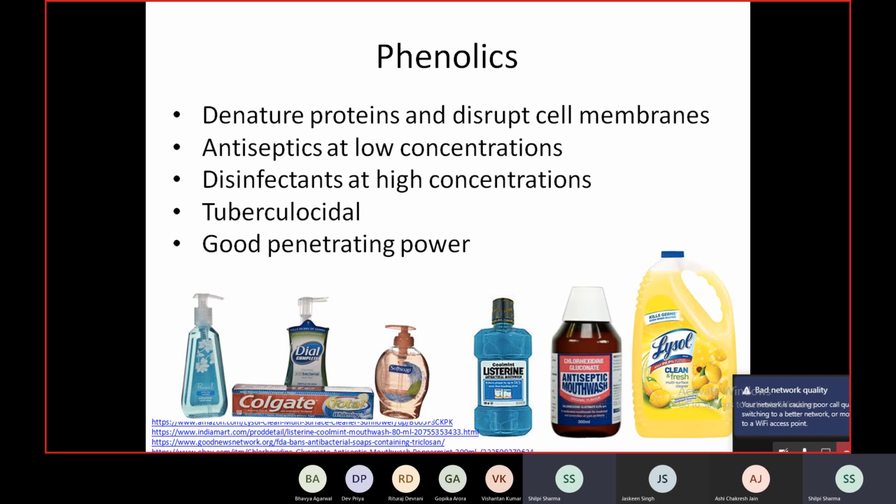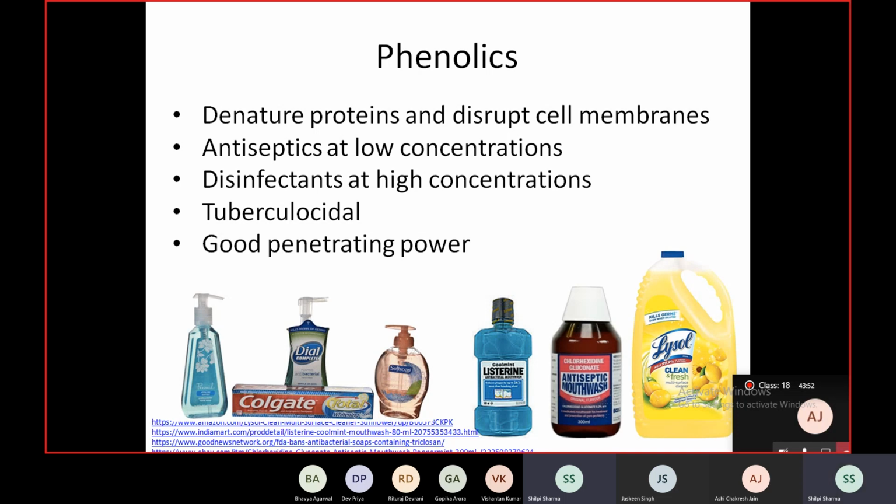About 75% or more of antibacterial liquid hand soaps and about 30% of bar soaps contain a chemical called triclosan, a bisphenolic. Some years back, in fact, I've also posted a news article regarding this towards the end of the presentation, the FDA banned soaps which are triclosan based due to the reports of adverse effects of triclosan.